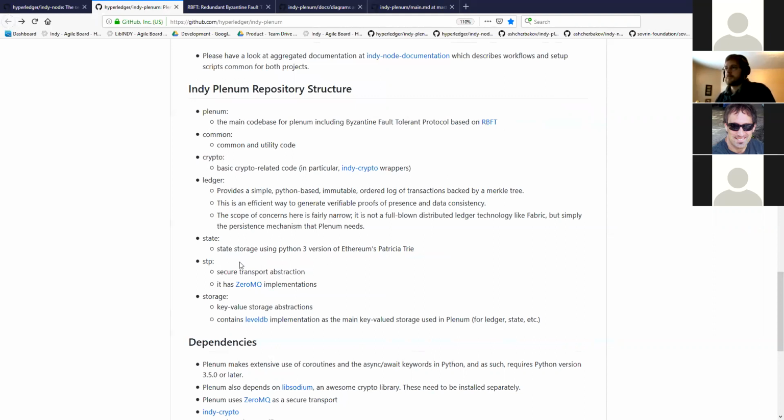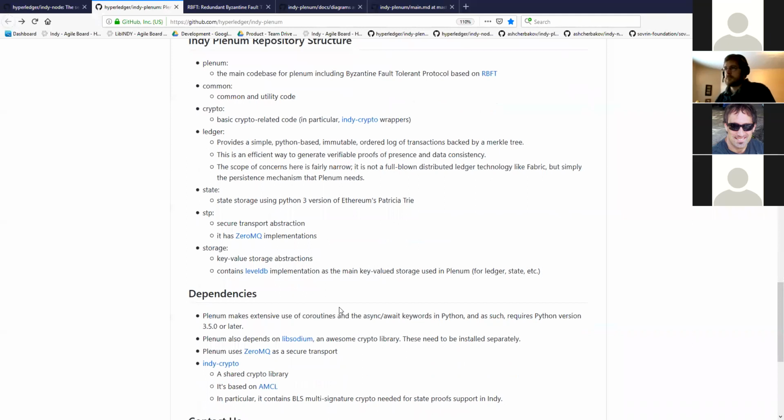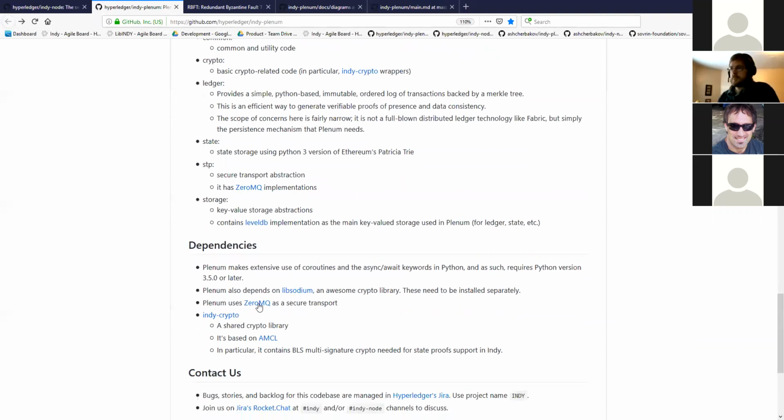It has a secure transport abstraction based on ZeroMQ. And it has some other helper methods and abstractions. So Plenum uses Libsodium for crypto, and also Indy Crypto, which is also based on Libsodium. And it uses ZeroMQ as secure transport and CurveCP as a protocol for this